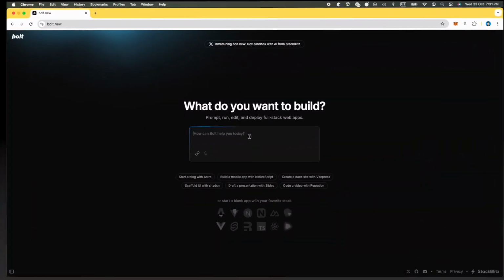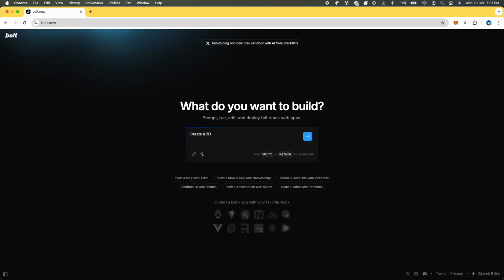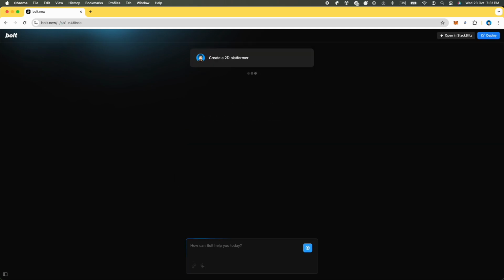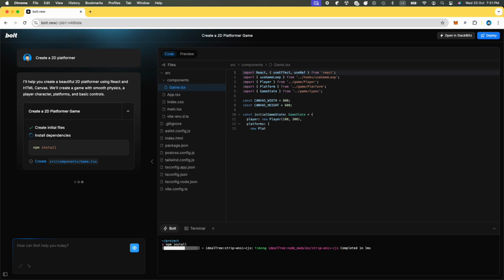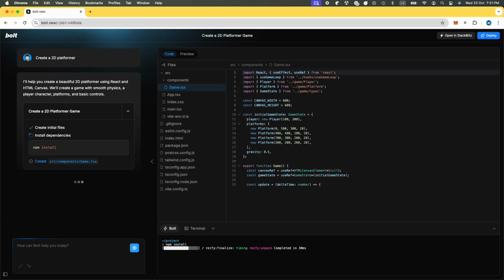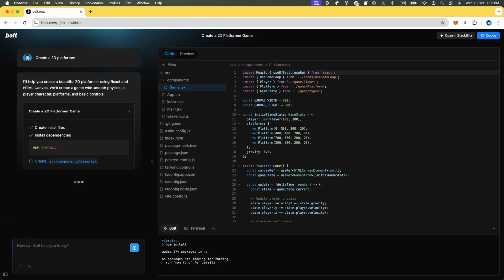Check this out. So here you can see I'm just giving it a simple prompt. I open bolt.new and tell it to create a 2D platformer. It's quickly going to go through a summary, think through and tell me that it's going to help me create a beautiful platformer. And as you can see, without any input from my side, it's going to start creating the initial files, going to set up the NPM project with Vite as a bundler, and it's going to create the entire framework. And there's not a single step or input from my side in terms of what files need to be created.